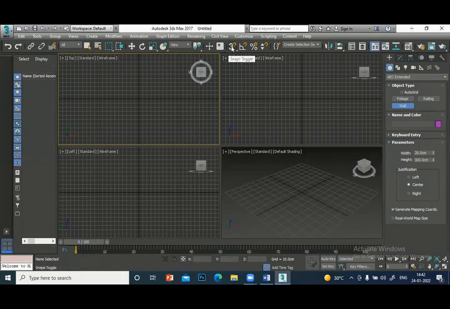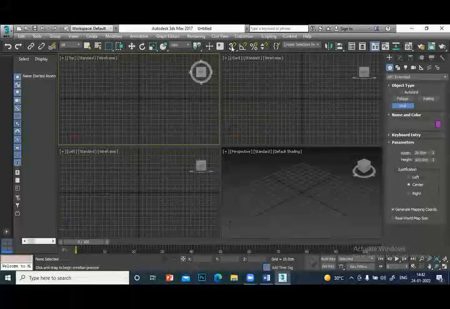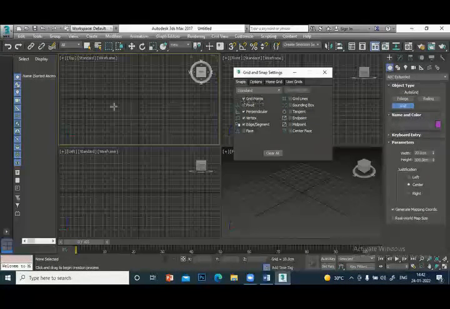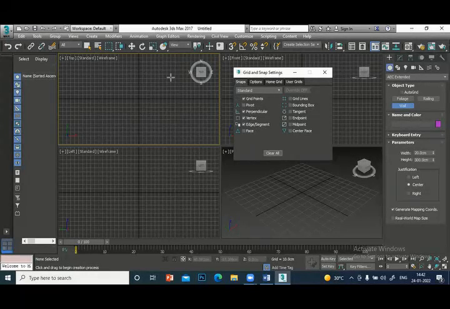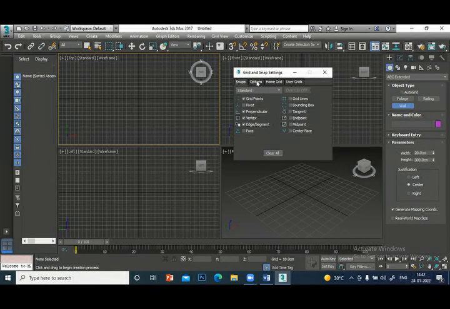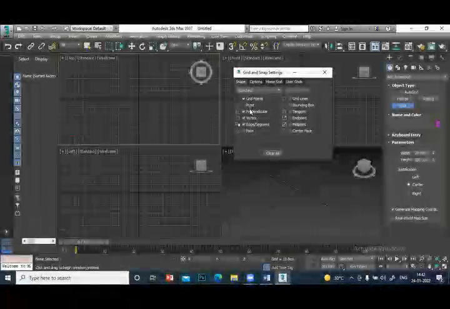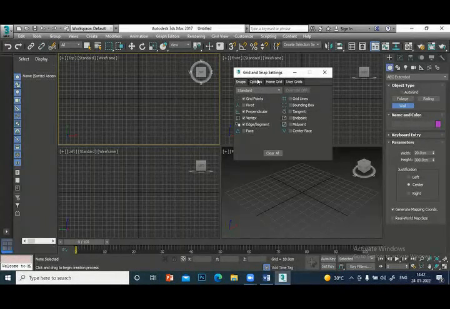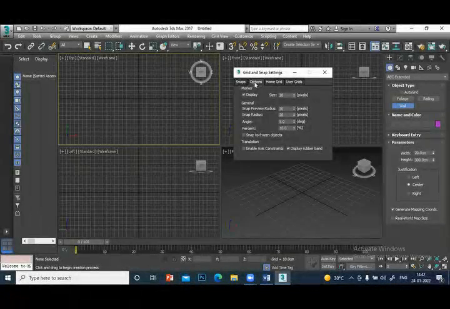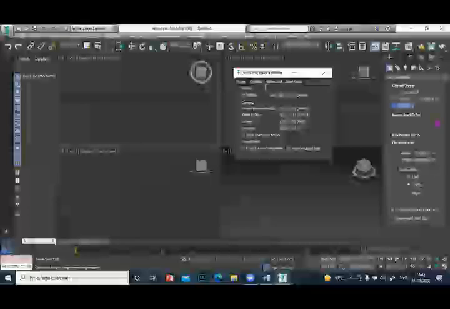So let me right click this. And you see here grid line on. That is why you see all these lines, grid points. Now I will go to snaps, options, snap radius.